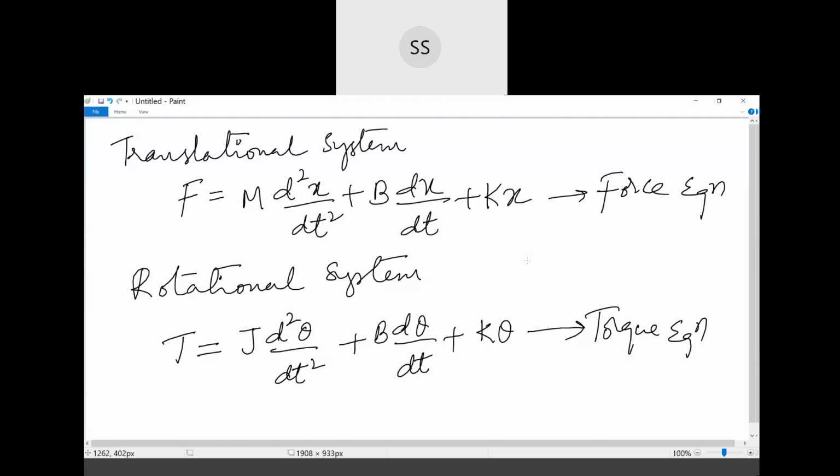Now, up to this point is related to the basic mechanical systems. In order to draw some analogy with the electrical systems, let us begin with the basic elements involved in an electrical system. We know that they are the capacitor, resistor, and inductor. So let us first consider a series LCR circuit and write similar equations for that circuit.